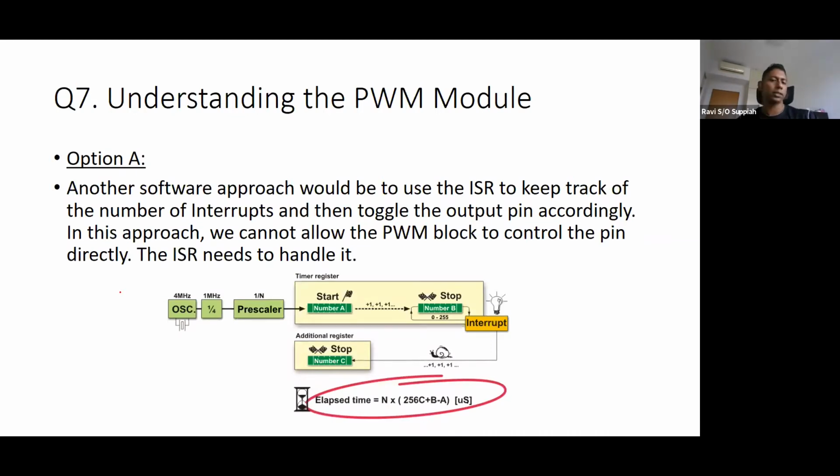Okay, so this picture is not representative of the 8328 in particular, but I'm giving you the idea. Let's say I have a crystal here that is running. So I have an oscillator of 4 megahertz, then it internally clocks down to 1 megahertz, and I have a prescaler. But after the prescaler, it is still not slow enough. The frequency is still not low enough for me. What I can do is I can let the timer register run until it overflows.